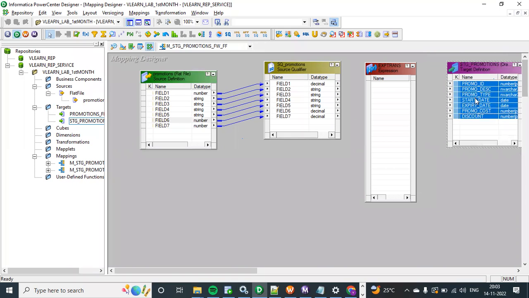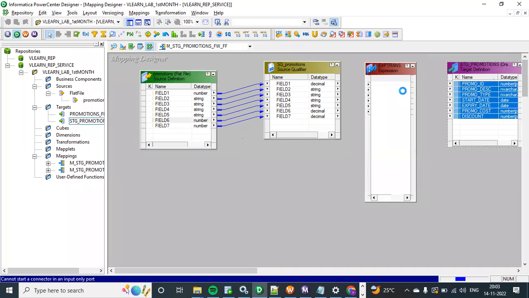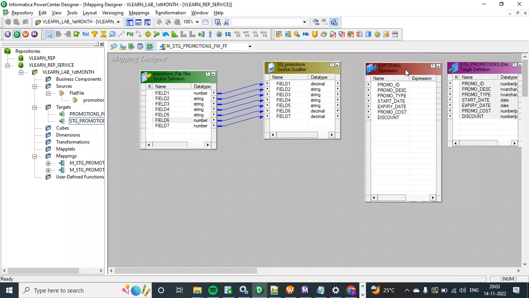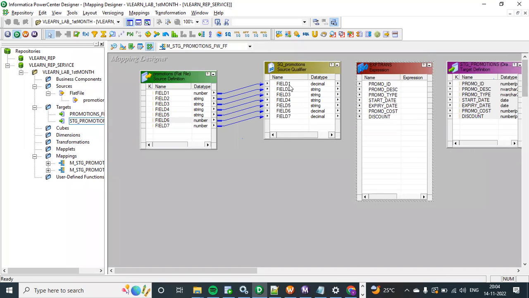Now I will show you how I can get these column names, because from source the column names are weird. I cannot even use them. I need to have proper column names. Maybe this is one of the shortcuts, doing reverse engineering. Now I'm able to create the same structure as my target. This is a shortcut. So now field 1, I'm sure that is a promotion ID, and field 2 is a promotion description. Why am I so confident? Because I know my source data,